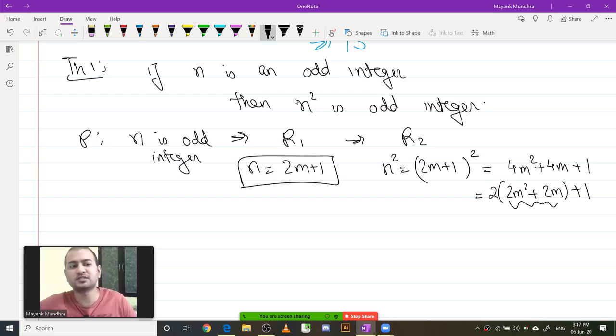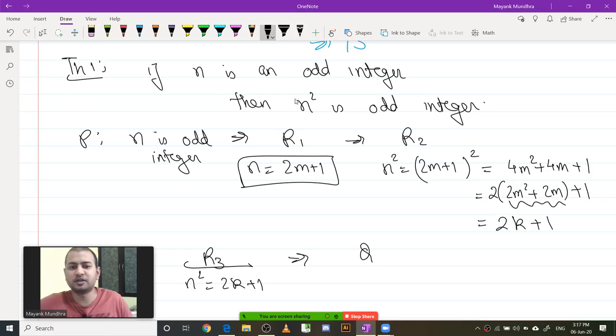Now 2m square plus 2m could be written as some integer k. So this is 2k plus 1. Then we arrive at statement R3, that n square equals 2k plus 1, which implies the final statement Q, that n square is odd. So that finishes up your proof.